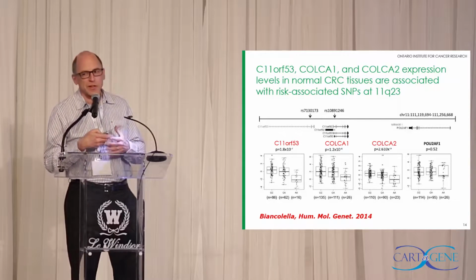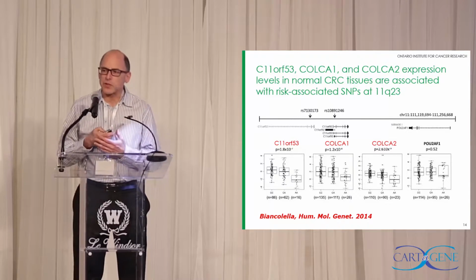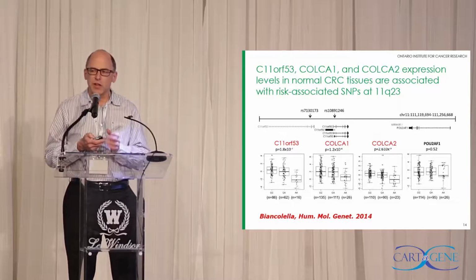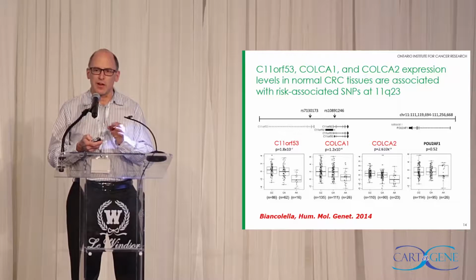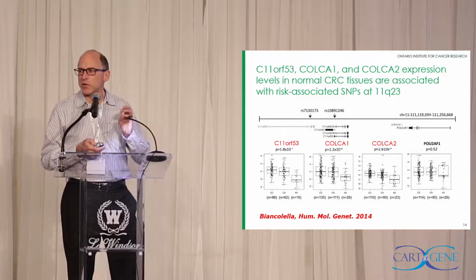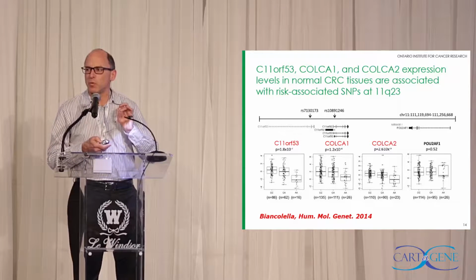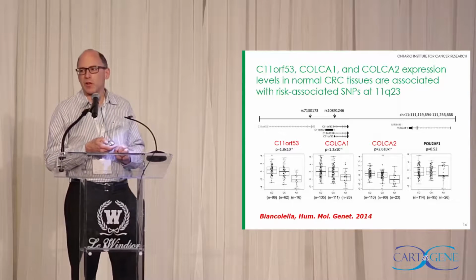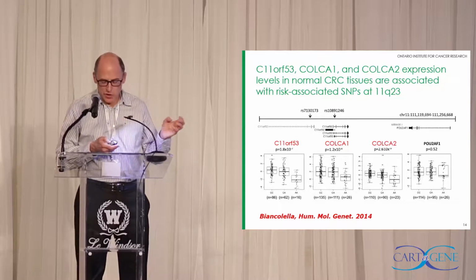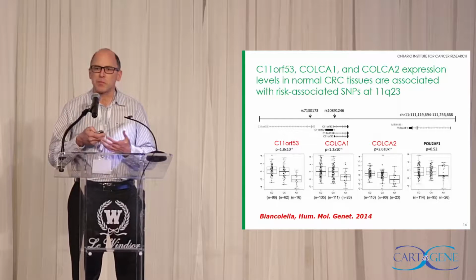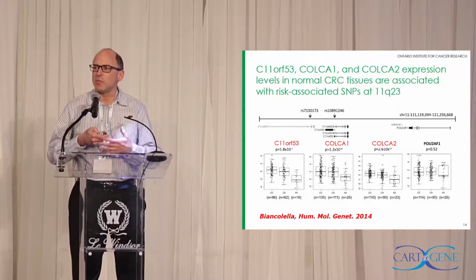And I just thought I would tell you this is a story evolving, but one of the first things we noticed is that with this locus, when you look at colon tissue, even normal tissue, the histology is different when you compare people at risk and people not at risk. That will be one thing. I'm going to show there's much more lymphocytic infiltration in people who do not have polyps. I'll show a little bit of characterization of the genes, and I'll show COLCA1 just to give you an example that not all the genes are important in cancer cells. Some appear to be important in immune cells. Again, immunity is important to actually prevent colon cancer.